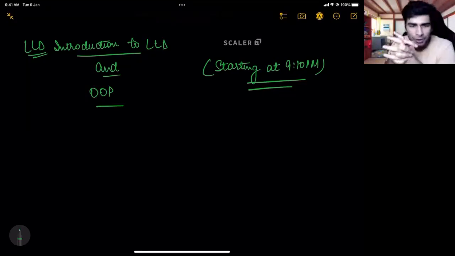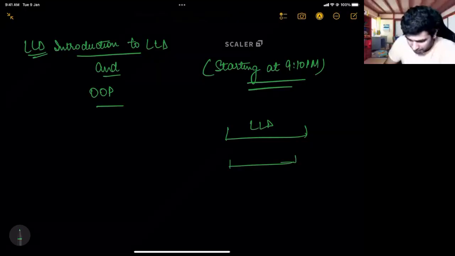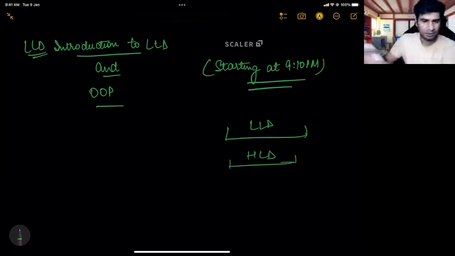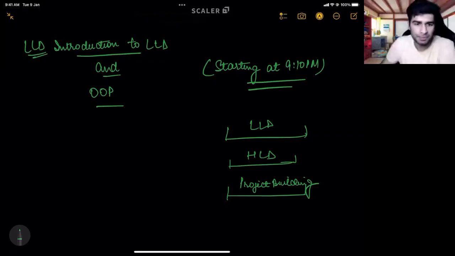HLD and project module will not be taken together. After the LLD module finishes, you will have an HLD module which will be completely different, with different instructors, everything different. And then there will be a complete project building module. So all of them are separate modules.